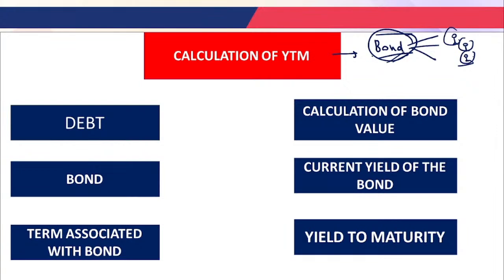So all that is related to the bond you will get in the calculation of the YTM. YTM is nothing but this: whenever the bond is held till the maturity period by the investor, the rate for which it is calculated is known as the yield to maturity. Okay. After that, the current yield of the bond and the calculation of the bond value, debt, what is a bond, terms associated with the bond like face value, discount, that you all have to understand in this calculation of the YTM